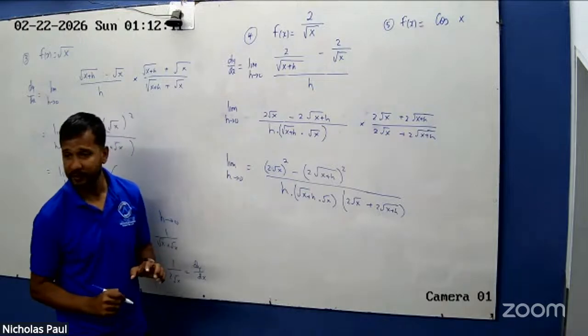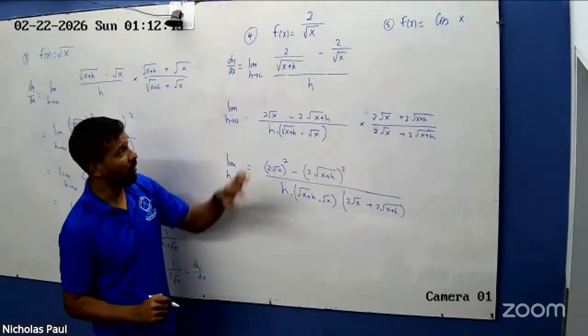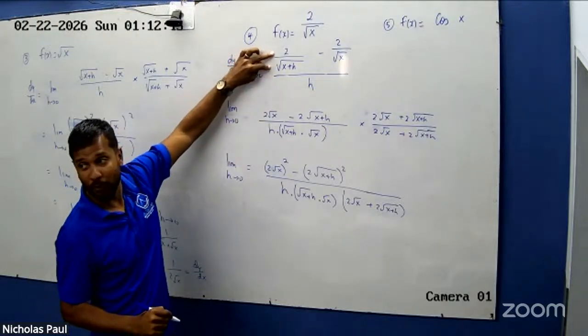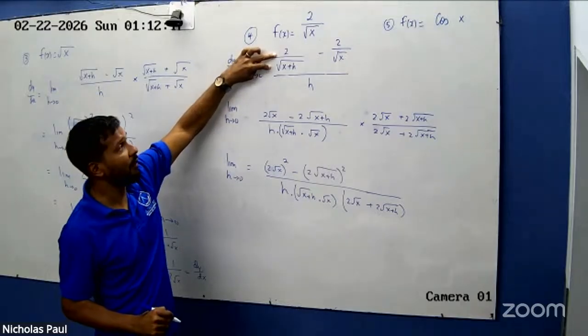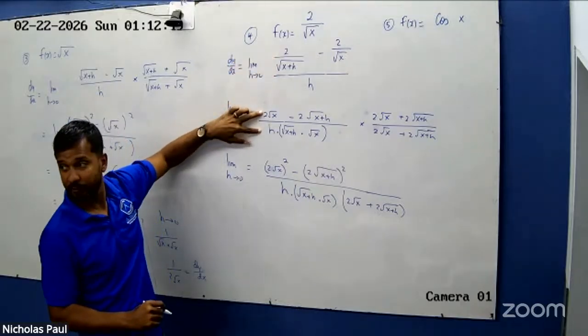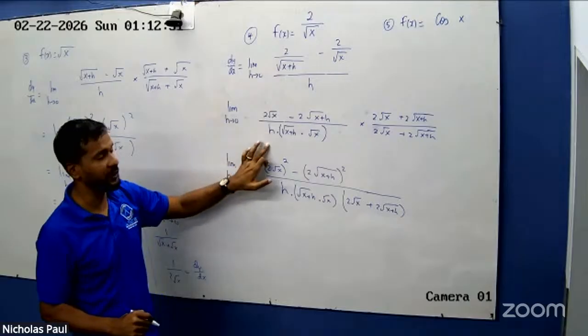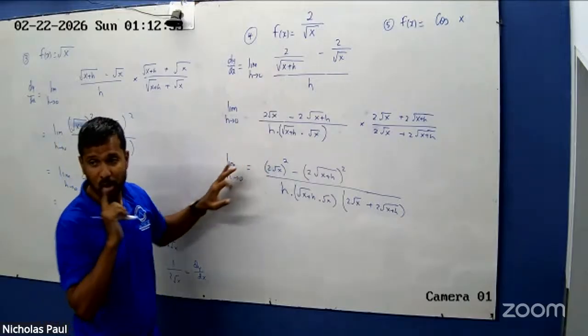Anybody lost? I'm starting over, right? From here, I found the LCM and I got this. And I take the h and I flip the h up. Right? When I reach here now,